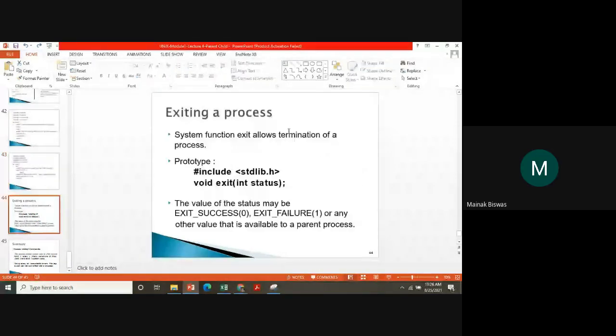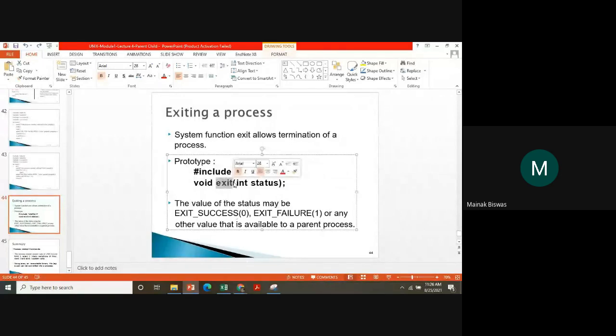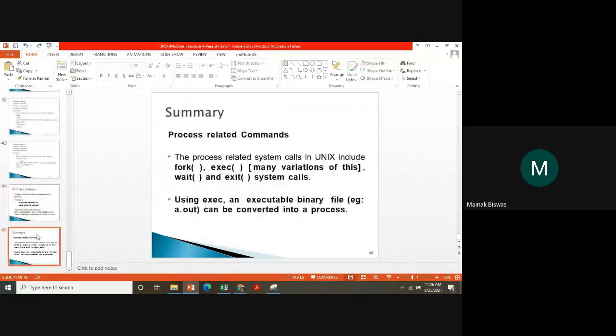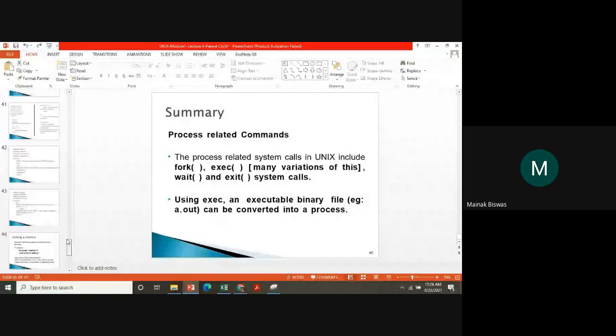Now, how a system executes, basically exiting a process. If I want a child process to exit, it will put the exit command in status. So basically, what is the exit purpose? If exit is successful, it will give 0 or it will give 1. ঠিক আছে, you use the exit command to exit the process currently running. এটা basically সবাই use করে। So we learned all these commands: fork, exec, wait, exit, system calls, binary file কিভাবে রান করতে হয়, এগুলো সব আমরা শিখলাম। এবার বলো তোমাদের কি কি কোশ্চেন আছে এই চ্যাপ্টারে, এই মডিউলটাতে।